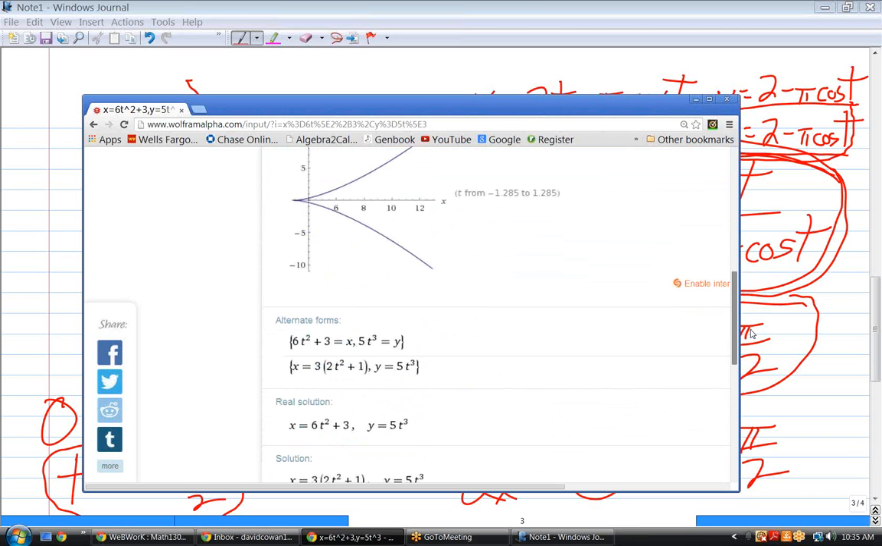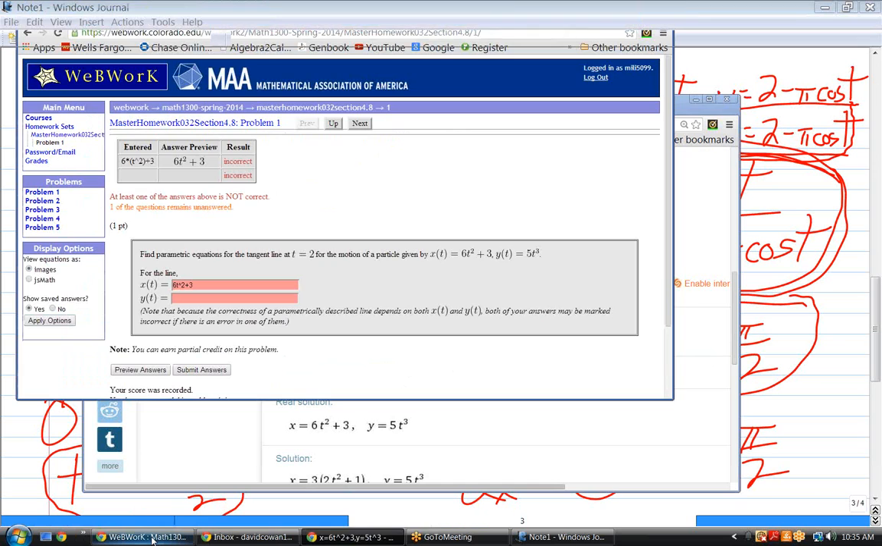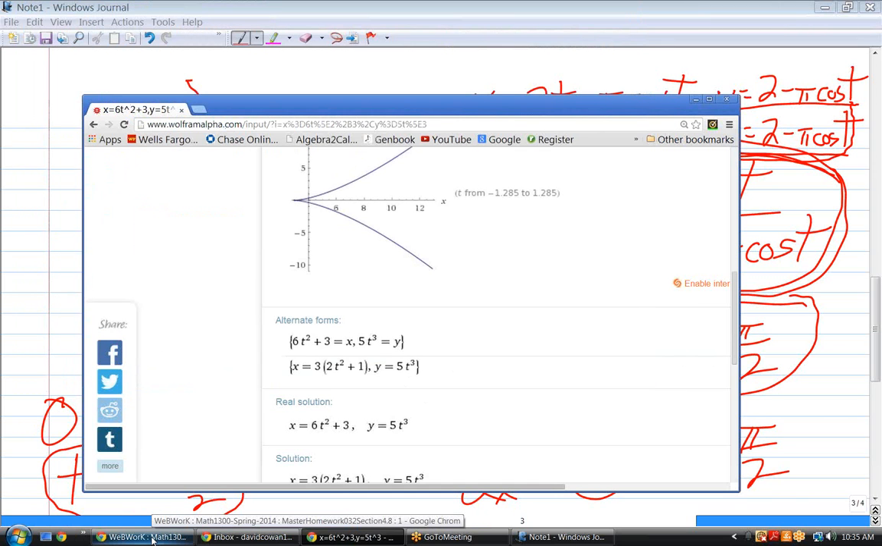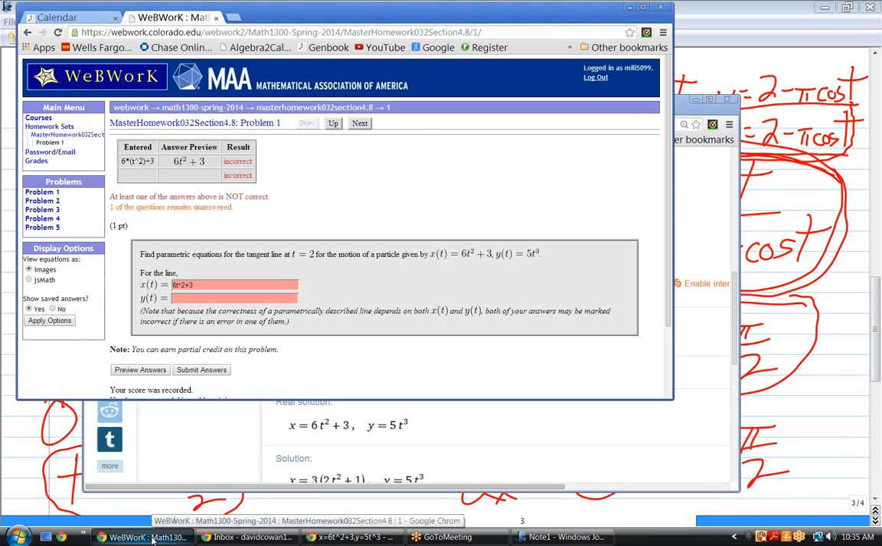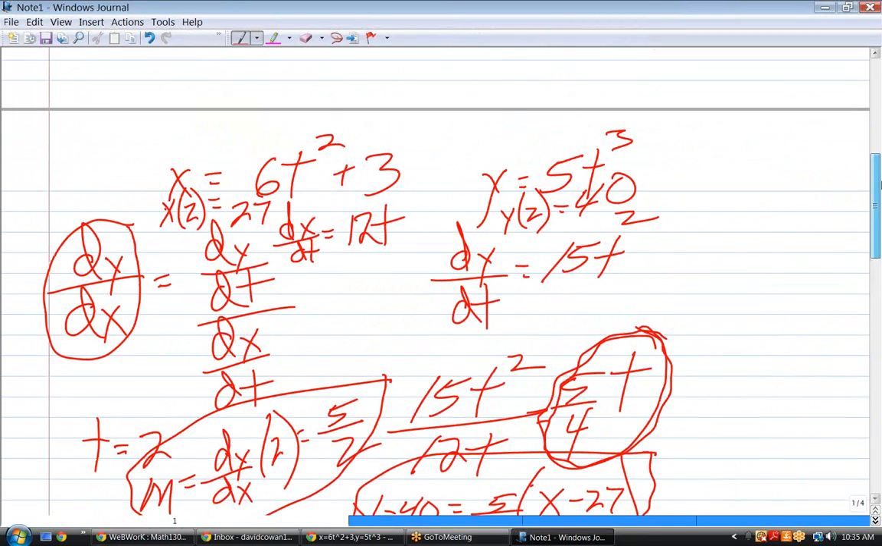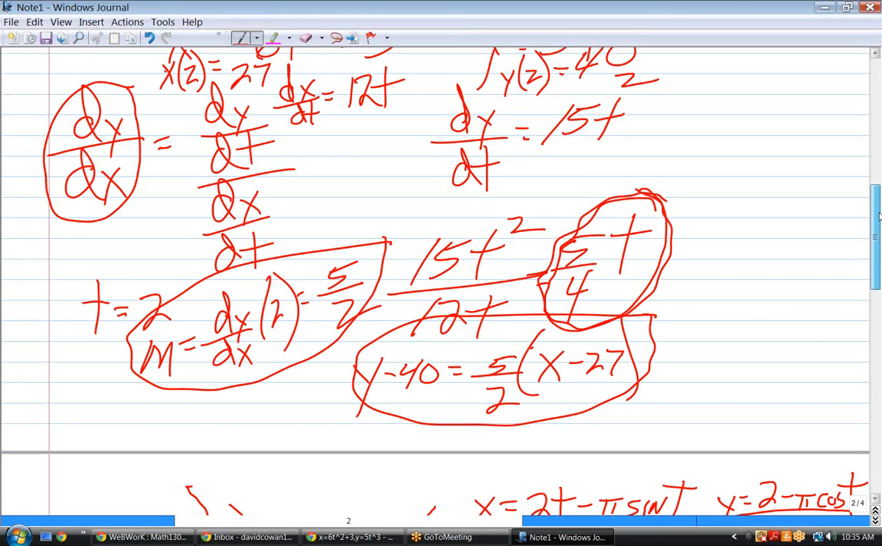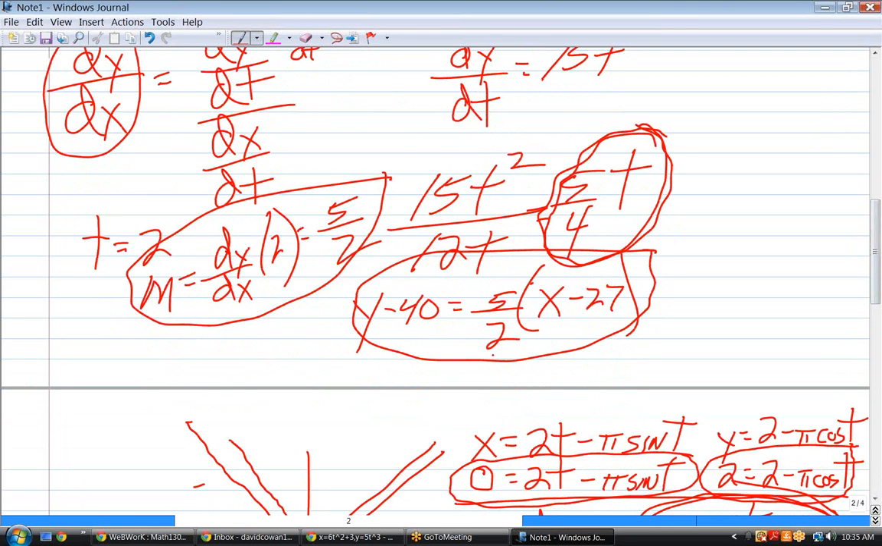Do you think we have to put them in the other slot or the other space? Like put 6t squared plus 3 in the y answer? Or would that be wrong? I don't see how that could make sense, but actually the way we came up with that first answer I kind of liked. Did we potentially just make a math error? When we came up with this answer here,